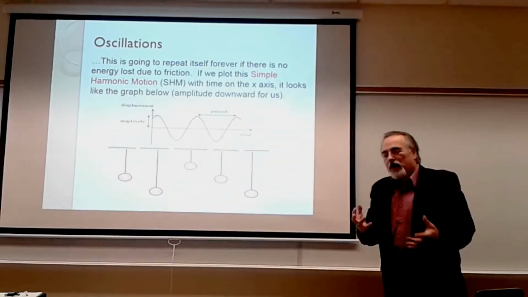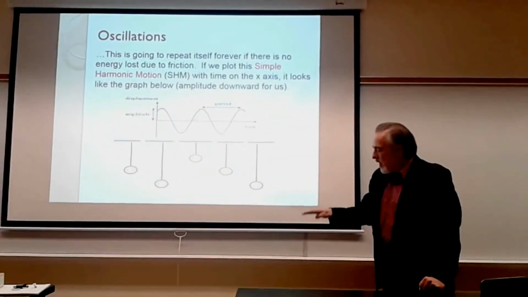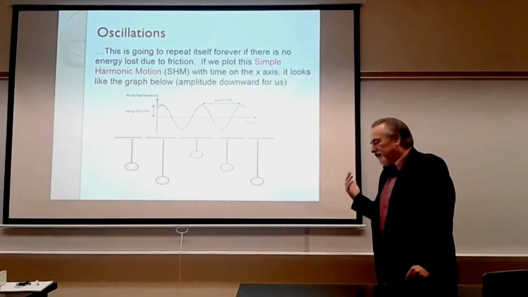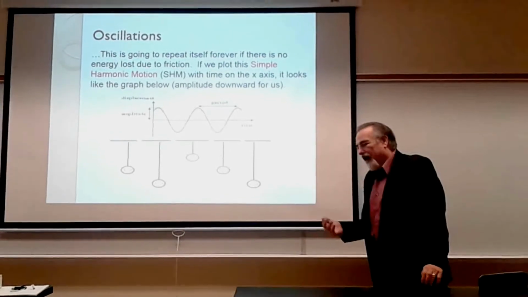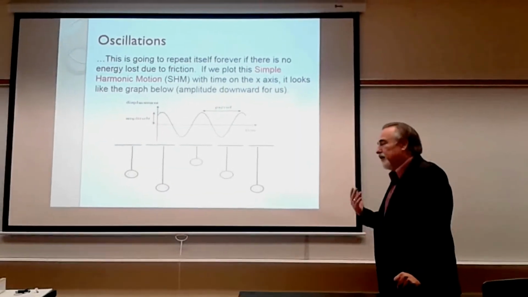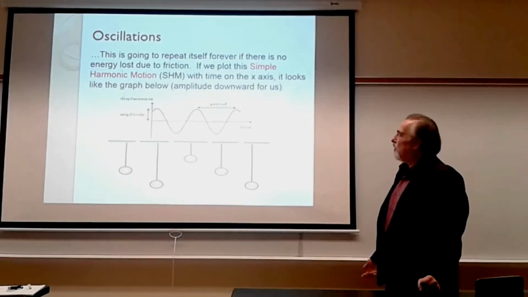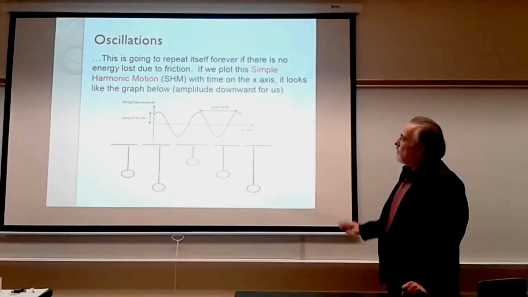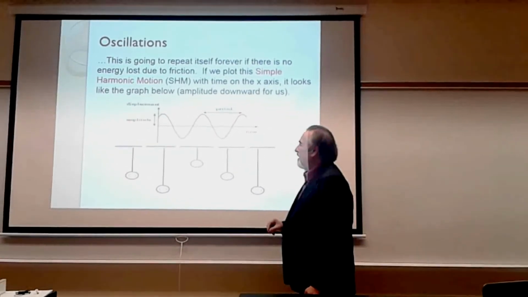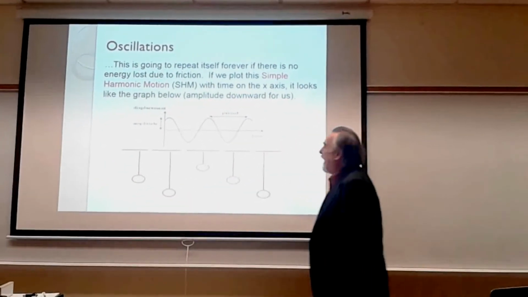Now, if you notice when I did that experiment, you found that it's going to slow down. Of course, with friction in the air, it's going to actually slow down to a stop. But if there were no friction and no energy lost, it would keep going like that forever, right? So this is an example of simple harmonic motion. The amplitude is that amount of distance that I pulled down,